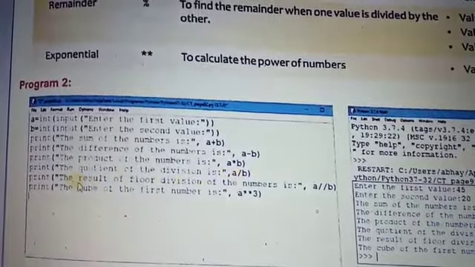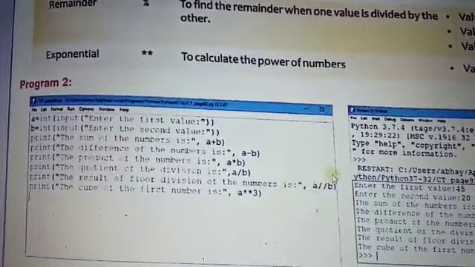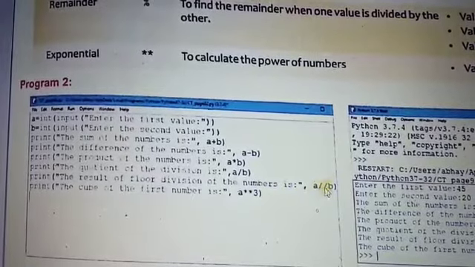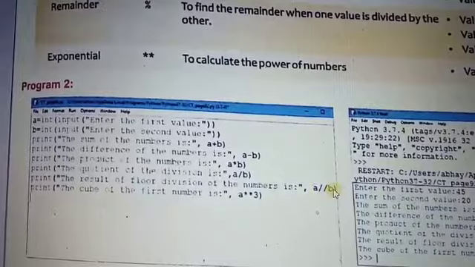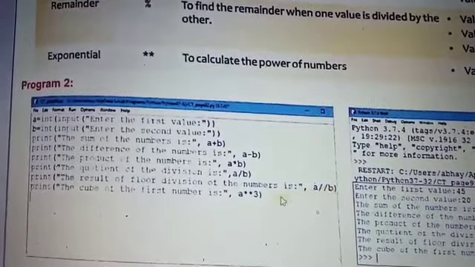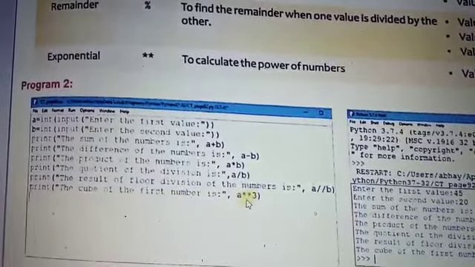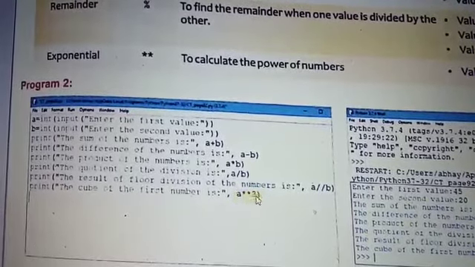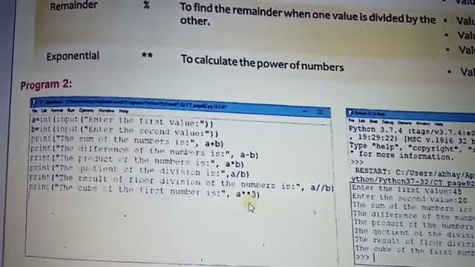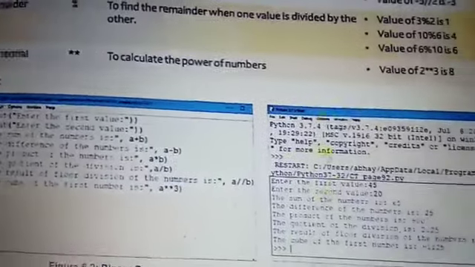Next, the result of the floor division of the numbers is A double slash B, which is integer division. And the last one is the exponent sign with 3, which means whatever the value of A is at runtime, it is multiplied by itself three times.